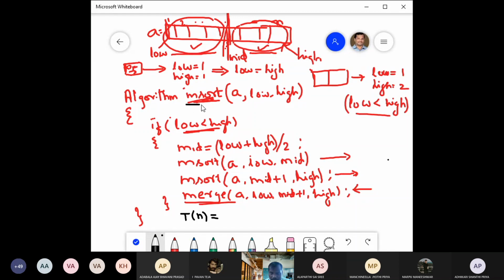This is the time complexity of this m sort function, T of n. M sort of A, low comma high. Low comma high means n elements are there, right? So T of n. Now what is that?